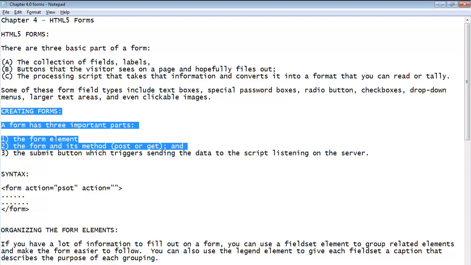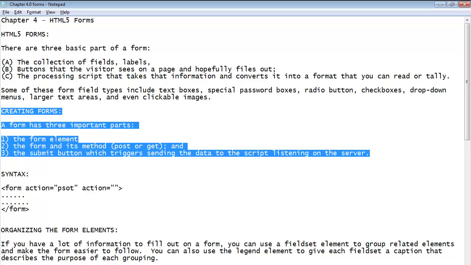In the post method, you can send more data to the server and the information in your form is not shown in the URL. If you are saving, adding or deleting data in the database, post is the correct choice. If your form is method equals to get, your form data will show in your browser's address bar so that the user can bookmark the results easily. And the third is your submit button.